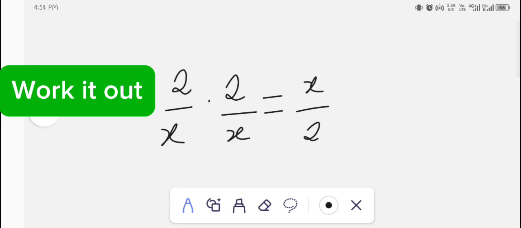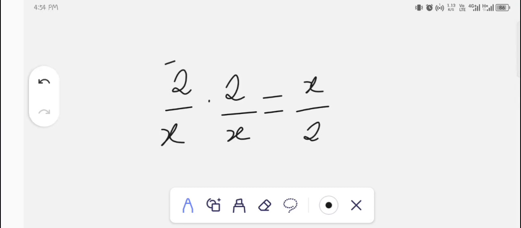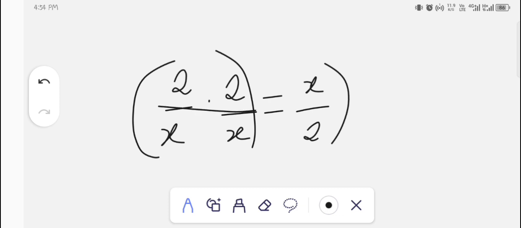Okay, nice friends. Here we have 2 over x multiplying 2 over x to be equal to x over 2. Does this make sense to us? Very good. To solve a problem like this, of course, we carry out this multiplication and we have 2 times